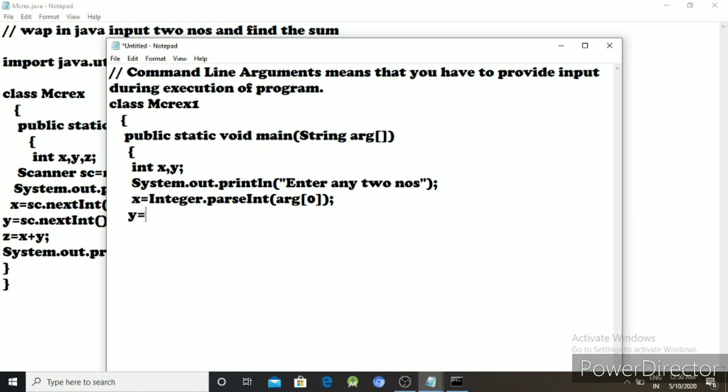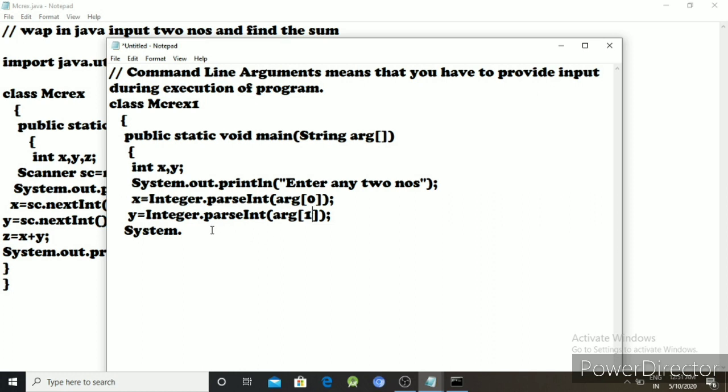Then second y equal to Integer dot parseInt arg 1. According to the array, the first index value is 0, then the second one. So similarly, according to the number of variables, we have to increase the index of the array. So here arg is an array, so index values are 0 and 1.